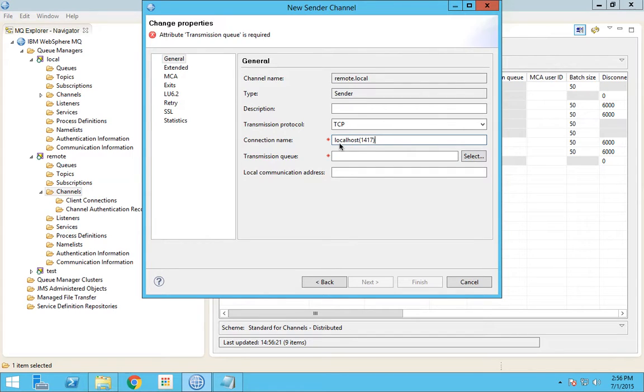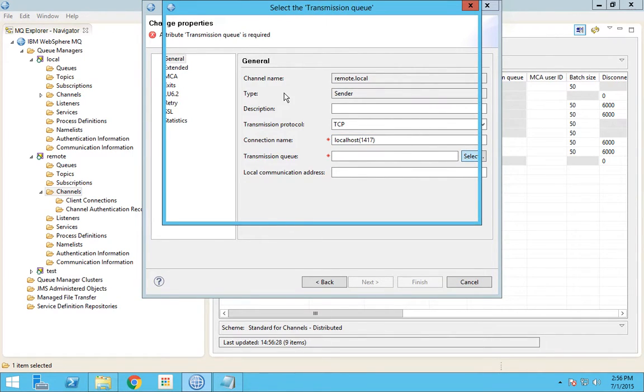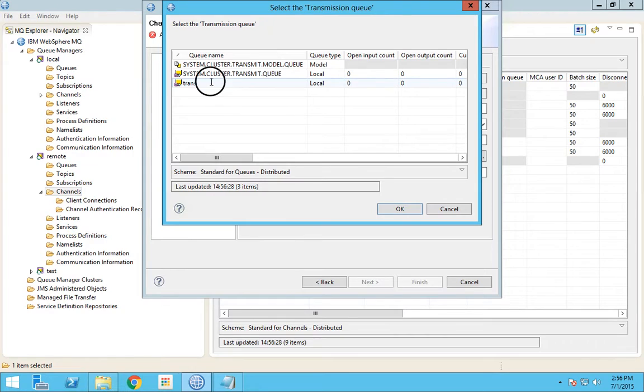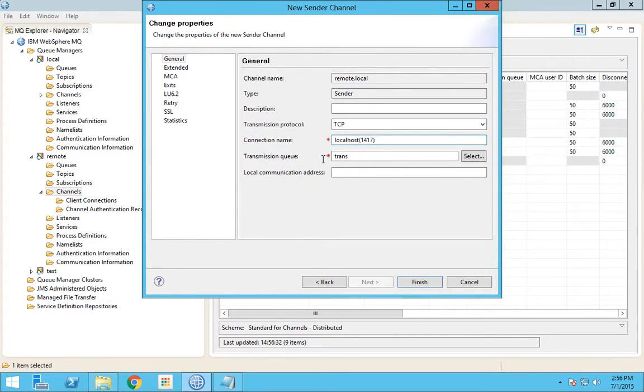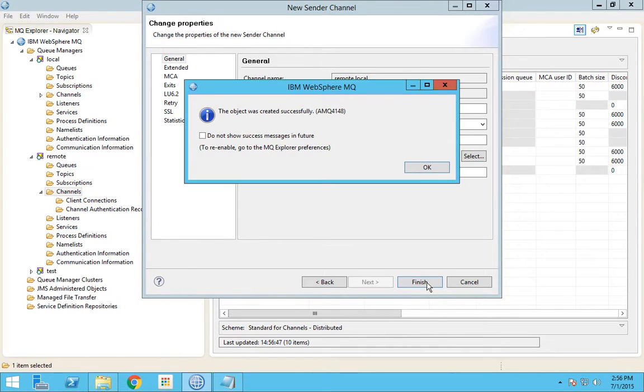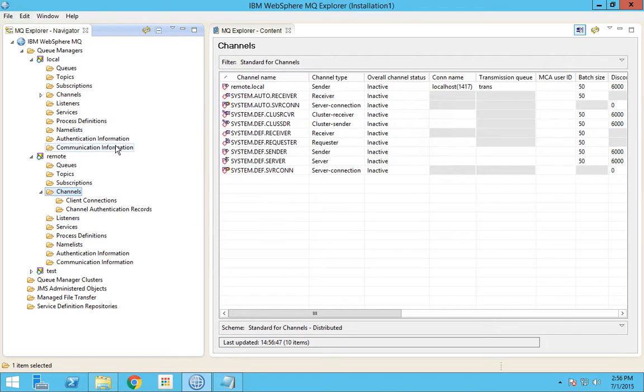This is how you have to provide the port details, and I need to select this transmission queue, which would be my queue called trans. This is actually the physical queue which will be transferring the messages from my remote queue to the local queue available in the queue manager local. Okay, so I press finish and the sender channel is created.